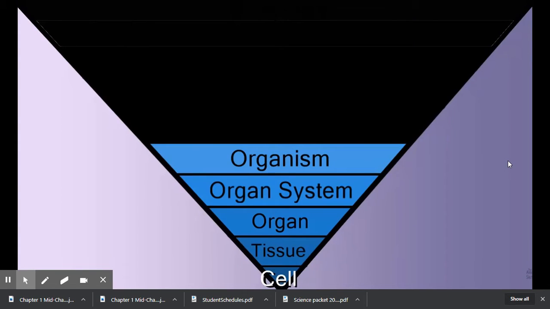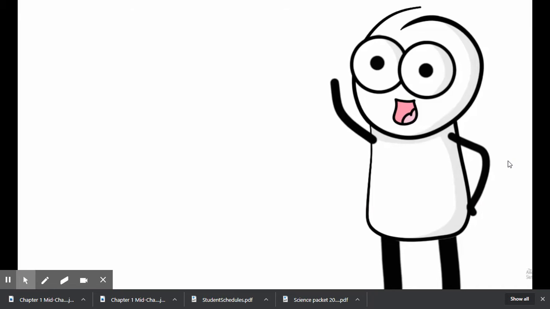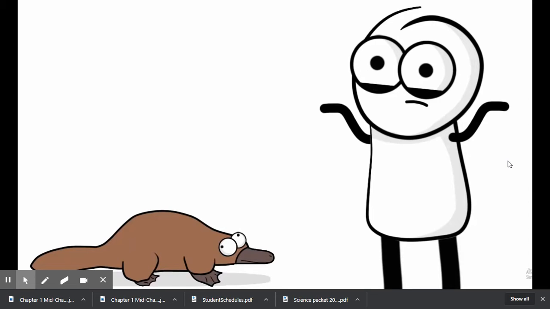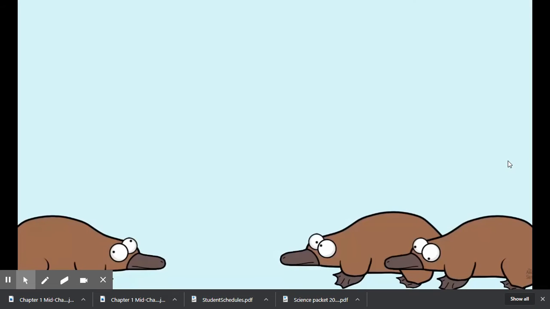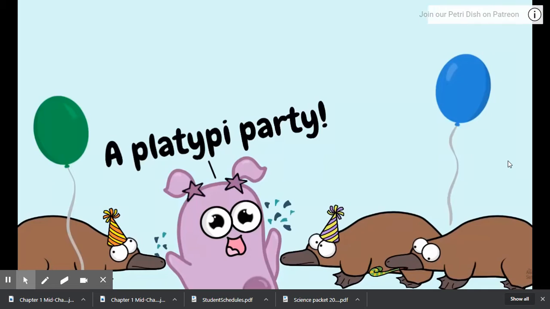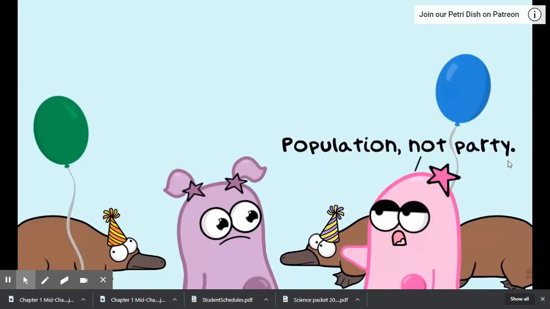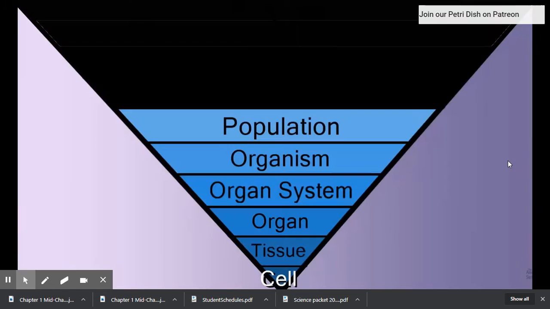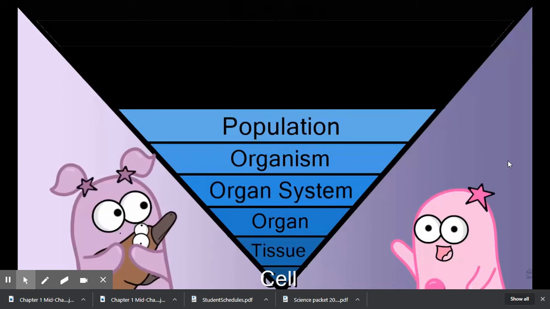But tie in all of the organ systems, and what do you get? An individual, an organism, like you, or this platypus. He's got organ systems too. Now, if you have a lot of platypus together, what's the plural of platypus? According to dictionary.com, you can say platypi, which sounds especially fancy. And you have a population. This population of platypi can breed with each other. And they're all the same species. It's a platypi population. Great YouTube channel name right there.